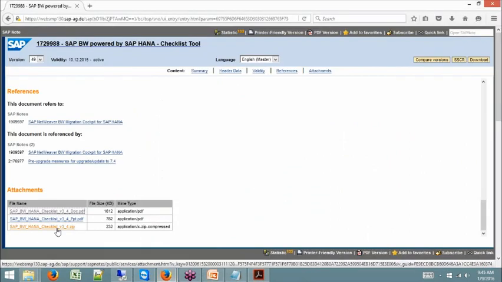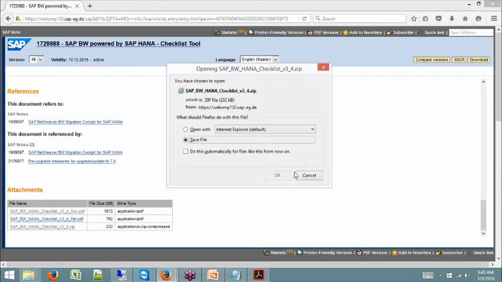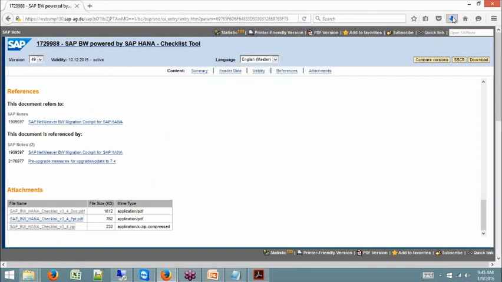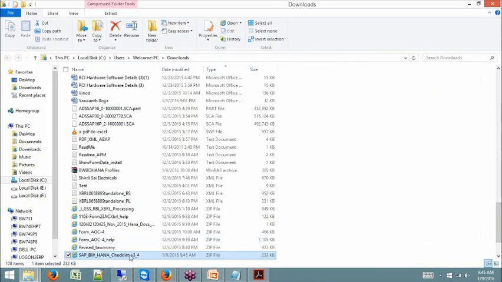What is here? A zip file. Now download this. If you go to this zip file and unzip it,